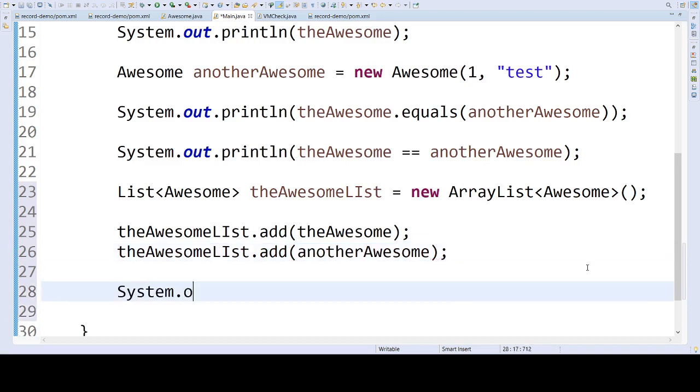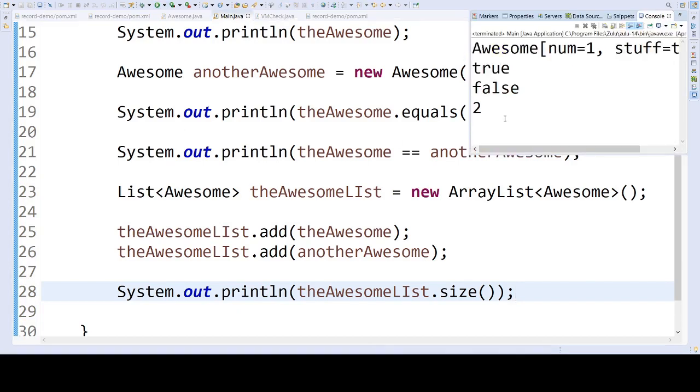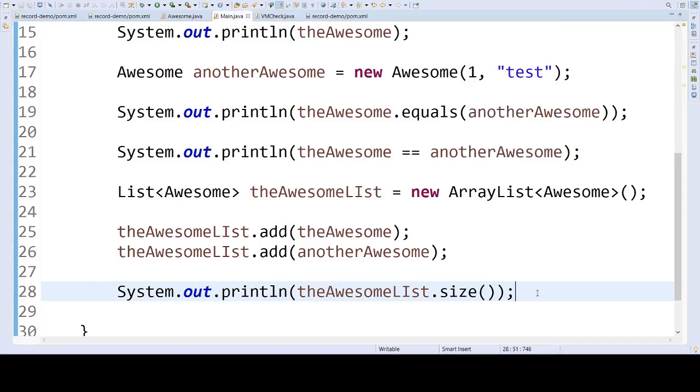There should be two of them. So we're going to System.out.println the awesomeList, and then we'll do size. Now, knowing what we know about reference equality, this should be obvious. If they're both distinct objects and I added them to a list, I should get two. And I do. So that makes sense.